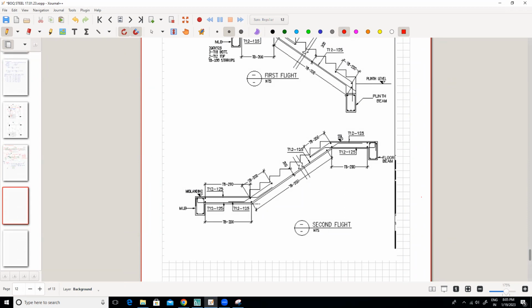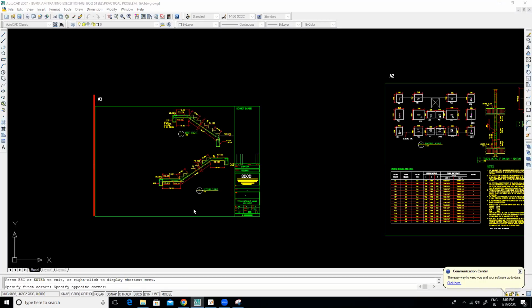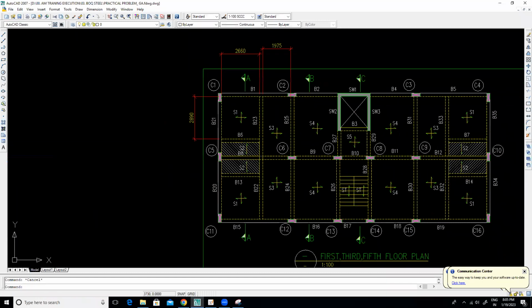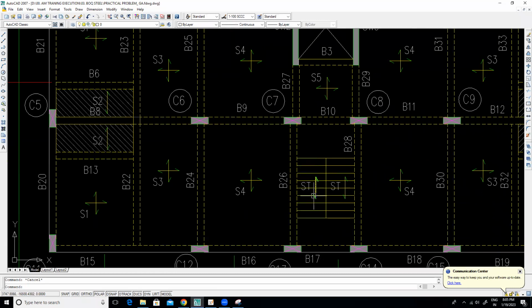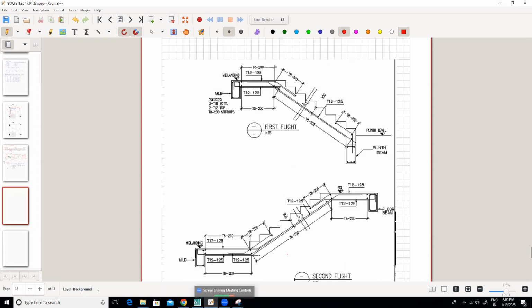All of you know that the staircase slab is one-way slab along the long span, right? So if you see the staircase plan, go into the plan, floor plan. Then what is the spanning direction? This is your spanning direction along long span, yes or no? So distribution is horizontal and main steel is along the long span, that is sloping slab, along the sloping direction. So here also you can see the sloping direction bars are T12 at 125. Okay, so these are the sloping bars. And here you can see,